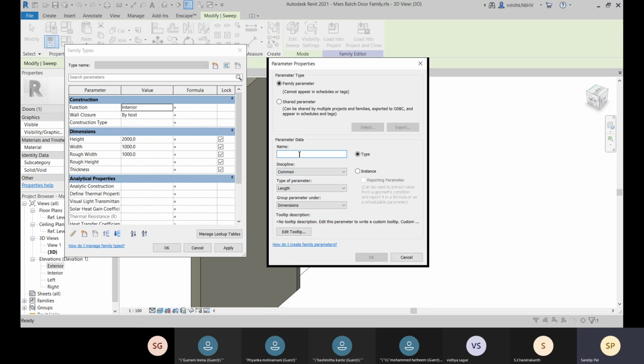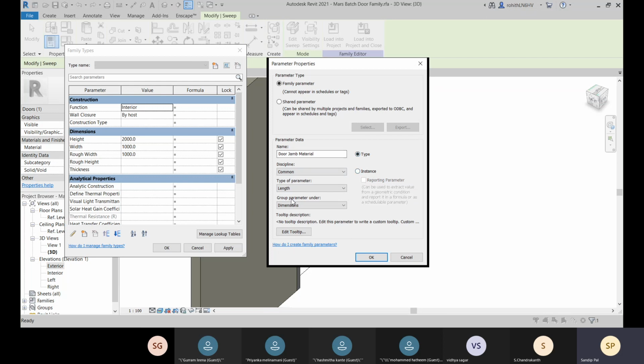So let's go for door jam material. And what kind of it is, if it is type, it will be reflected for this whole category of your door. If you want to do it separately for each instance, you can choose instance.